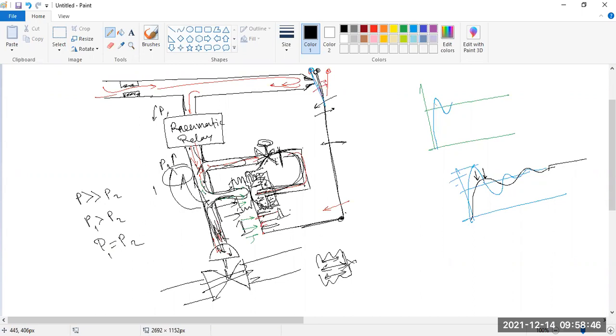So no extra pressure is allowed to come here. What happens when no pressure is coming? It goes to a fixed pressure. Whenever a fixed pressure is applied to this valve, it will also open.